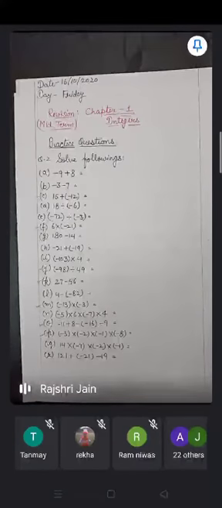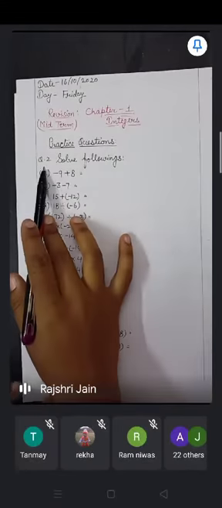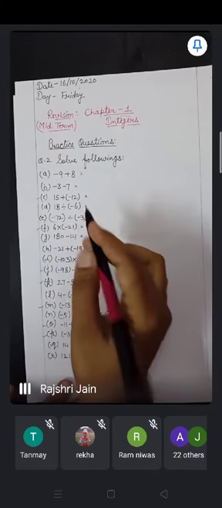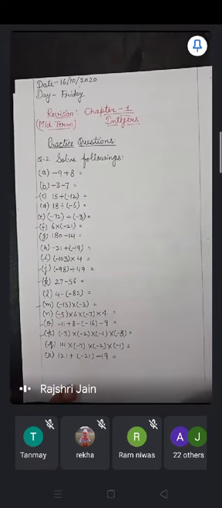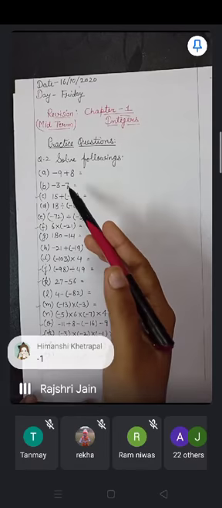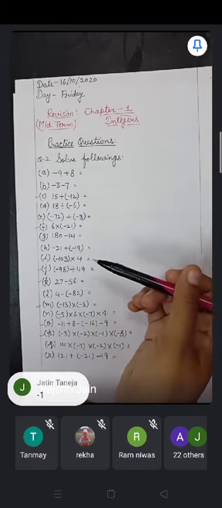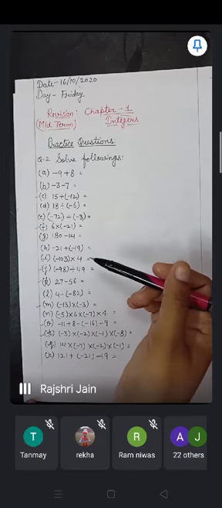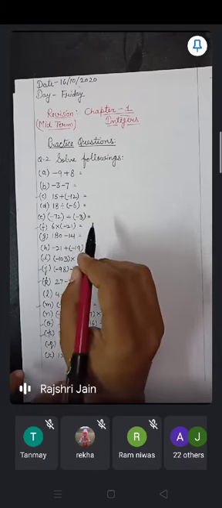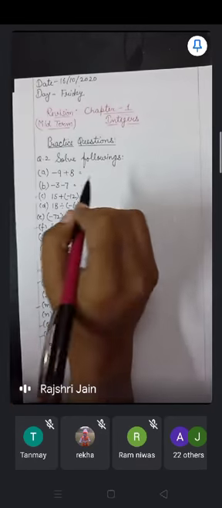So today we will do some more practice questions. Question number 2 is solve the following. You have to solve the given sums. Sums means you can see addition is there, subtraction is there, multiplication and division. The four basic operations which you have studied in chapter 1 for integers. We will solve these questions.